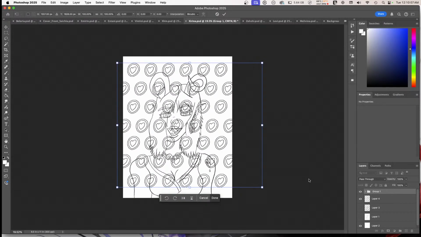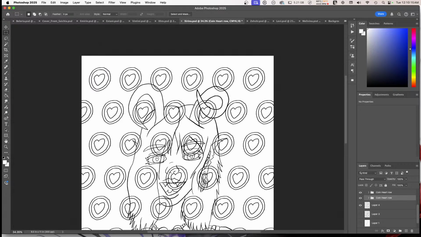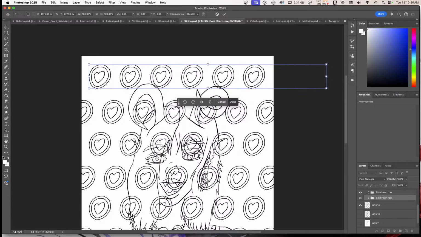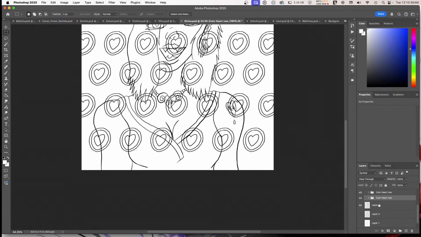And then adjust the spacing as so. So I start with the first row and then work on the last row. And then I adjust every row accordingly. So we're going to put that row up there. And then this row,